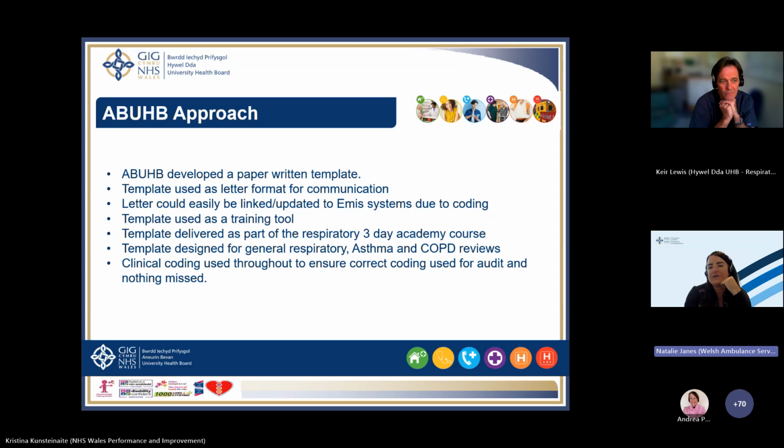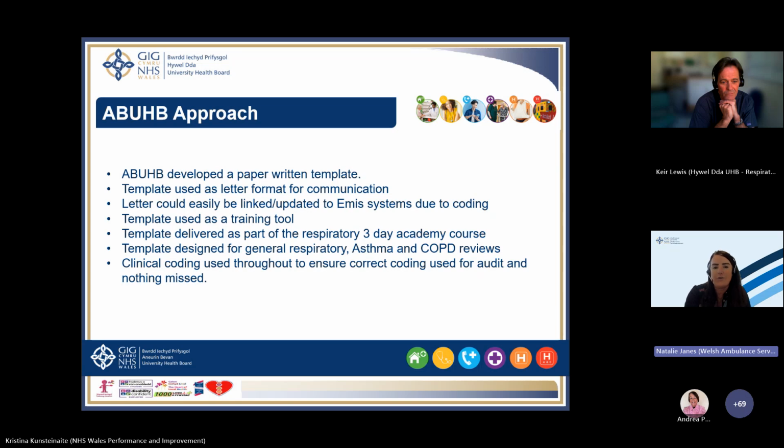After discussion with practice managers, GPs and practice nurses, this was due to the fact that the navigators or admin within the GP practices would receive the letter, but because the letter wasn't coded, it was just uploaded into the system. If the letter was coded, they could then code their system to prevent duplication of work. So the template was also used as a letter of communication,